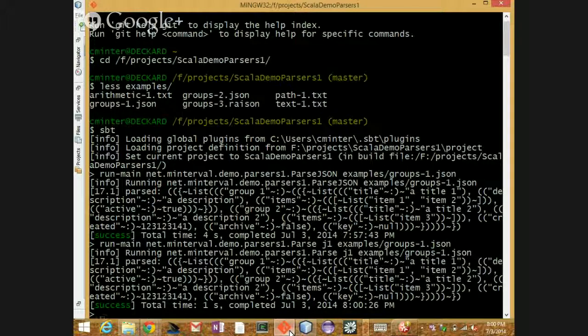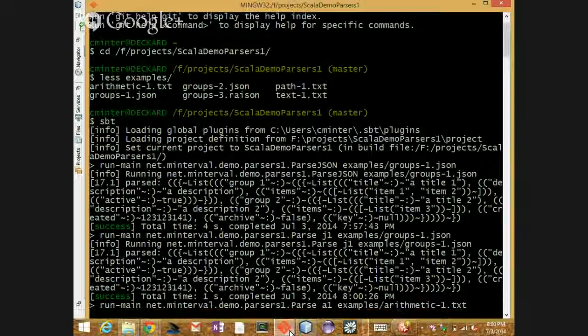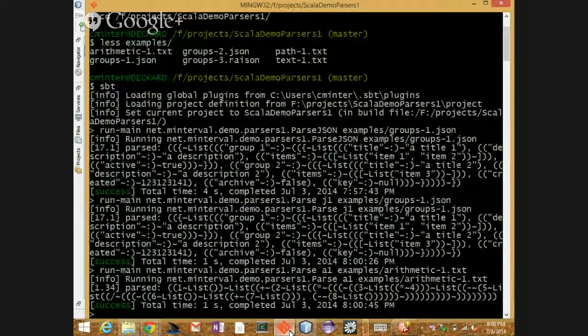I have a top level thing where I run it, and I give it an argument, and it branches off and does one parser instead of another. So I'm going to do A1 and then give it this other file. There you can see it pulled apart things. It said 1 plus 2 something. It's doing the multiply and so on. But you're not seeing anything useful yet.